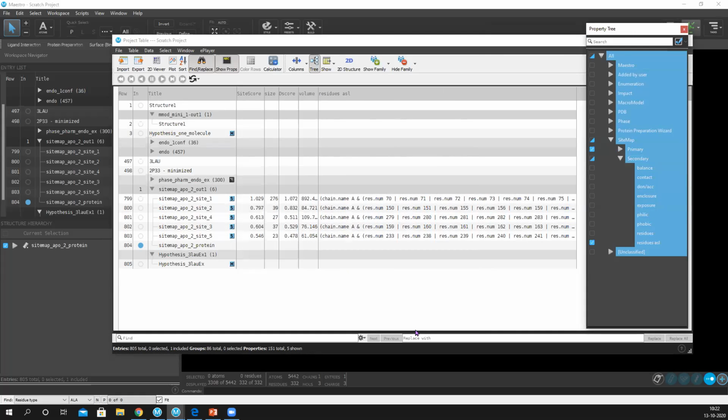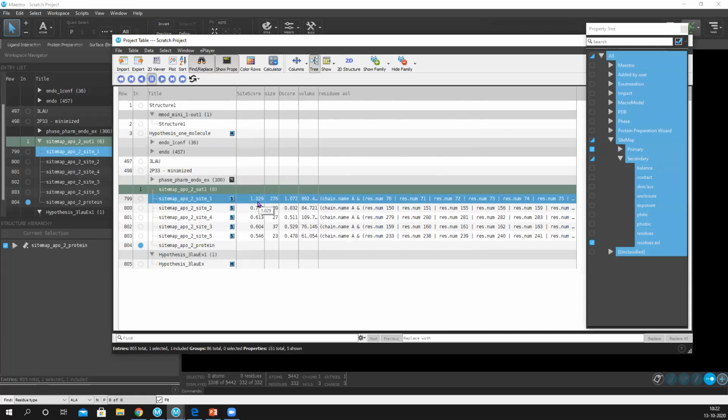So now you can judge which site is better based upon the site score and D score. If D score is more than 1, then obviously that is druggable for organic molecules. I'll copy this ASL details. ASL is atom selection. I'll copy this